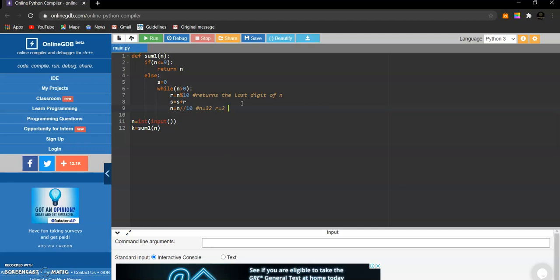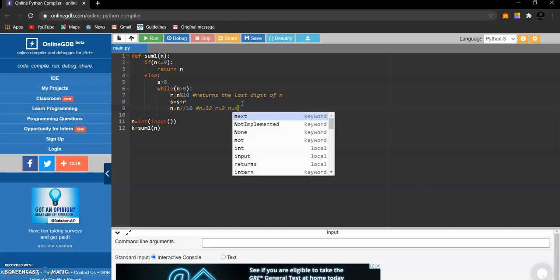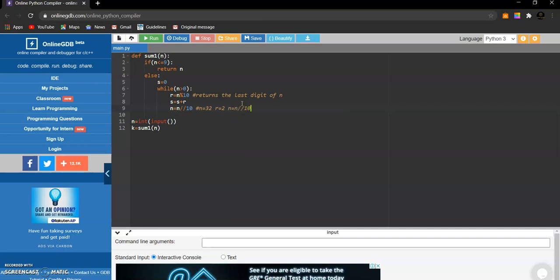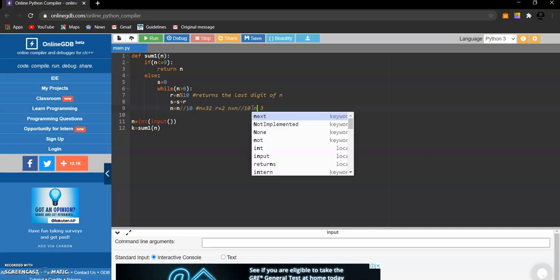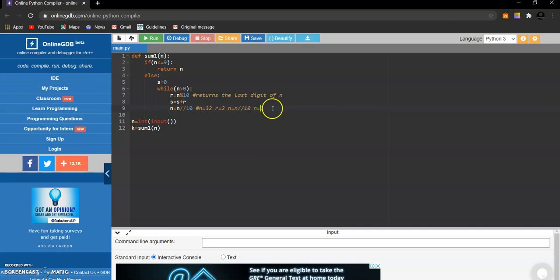So we need to reduce this n value to obtain the remaining number. When we perform n equal to n divided by 10, then we'll obtain the digit 3, like n will be updated as 3. So this process goes on until n value is greater than 0.